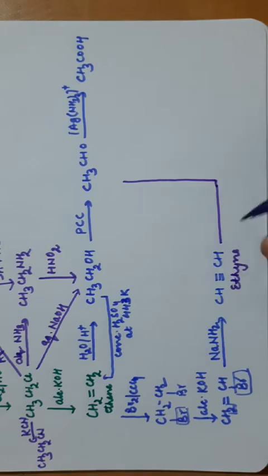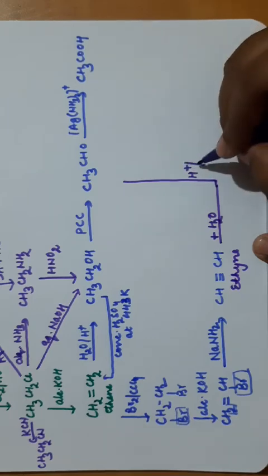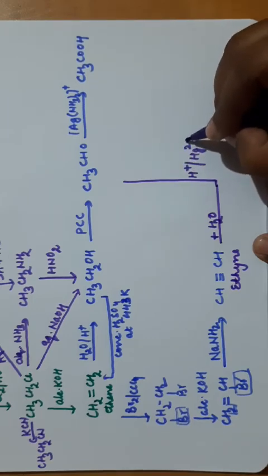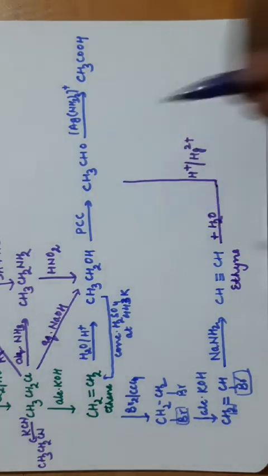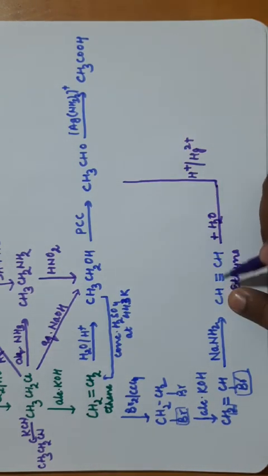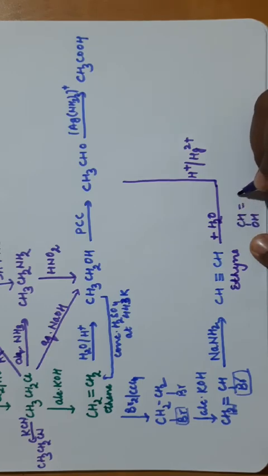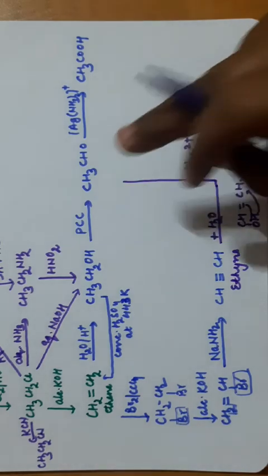और इथाइन का अगर हम हाइड्रेशन करते हैं प्लस H2O इन प्रेजेंस ऑफ H प्लस सल्फ्यूरिक एसिड एंड Hg2 प्लस मर्क्यूरिक सल्फेट, वी विल गेट दिस एल्डिहाइड. तो वाटर का एडिशन होगा OH एंड H, देन टॉटोमेरिज्म विल टेक प्लेस, डबल पाई बॉन्ड वहाँ पे शिफ्ट होगा. इन दिस वे इट विल टेक प्लेस CH OH डबल बॉन्ड CH2, और ये हाइड्रोजन यहाँ शिफ्ट हो जाएगा, पाई बॉन्ड यहाँ शिफ्ट हो जाएगी, एंड यू विल गेट दिस एल्डिहाइड.